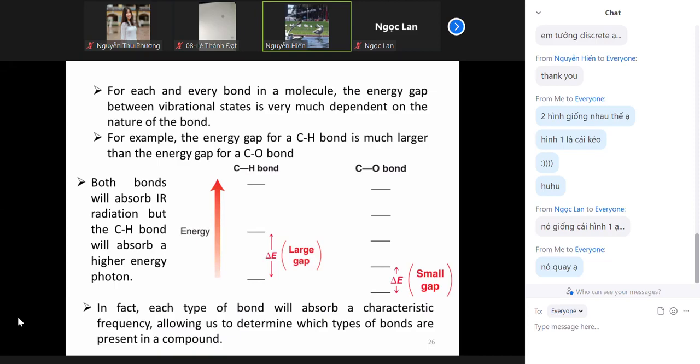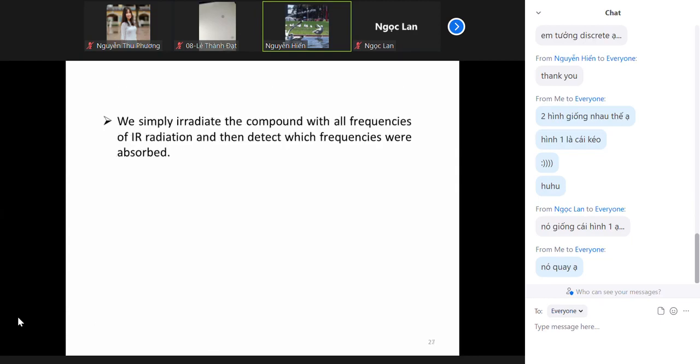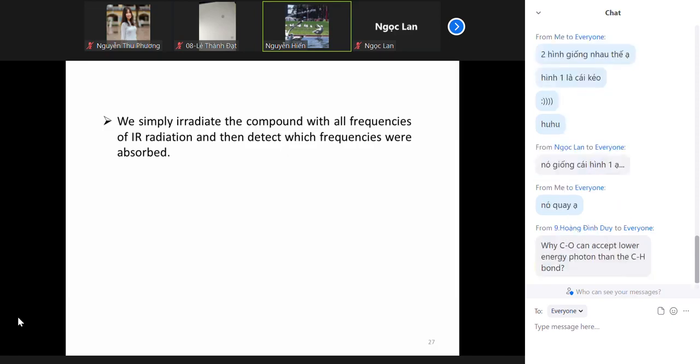So in fact, each type of bond will absorb characteristic frequencies. So it allows us to differentiate these two types of bonds. So if you have a compound that you need to study its structure, you simply radiate a small amount of this compound with all frequencies of infrared light, and then you use detectors to